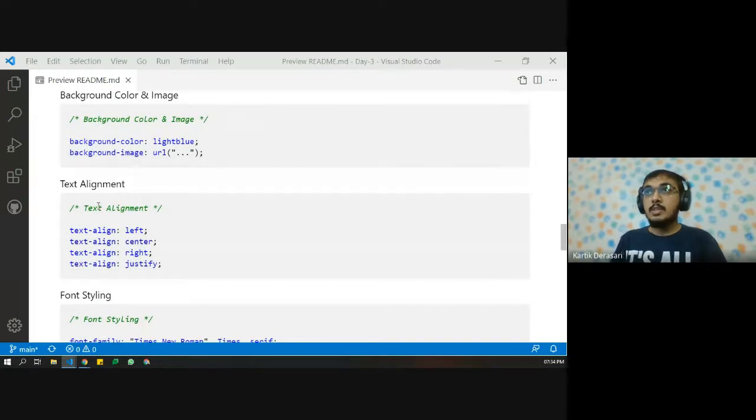Okay. So coming to text alignment, you have probably used this earlier, and there are four types of text alignment. We have left, we have center, we have right, and we have justified. Center is, for an example, if I'm occupying 50% of the width, then it will be on the center, like everything will be center aligned.